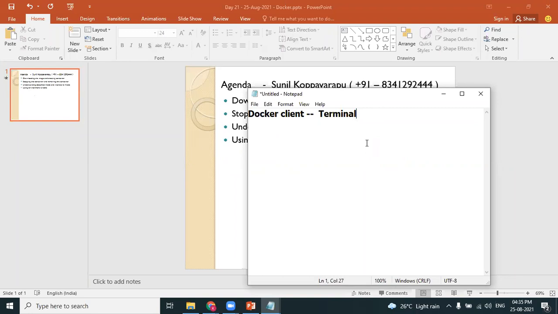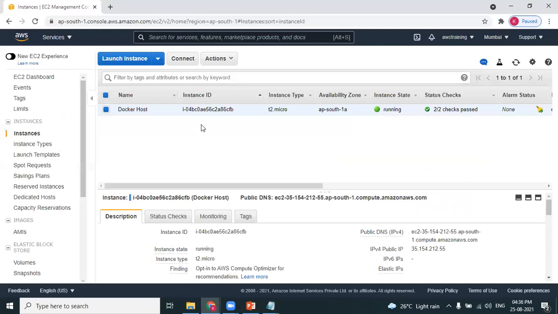Yesterday you created one instance, right, to download Docker. So we have created one instance too. And this is the instance you're talking about. We have created an EC2 machine, and then we have installed Docker on it. Yeah, the EC2 machine. That's why the machine on which Docker is installed is called the Docker host.